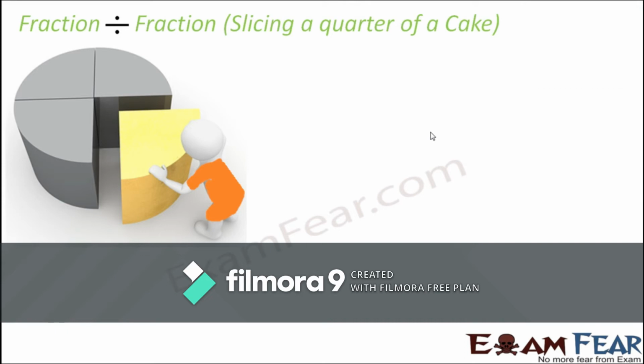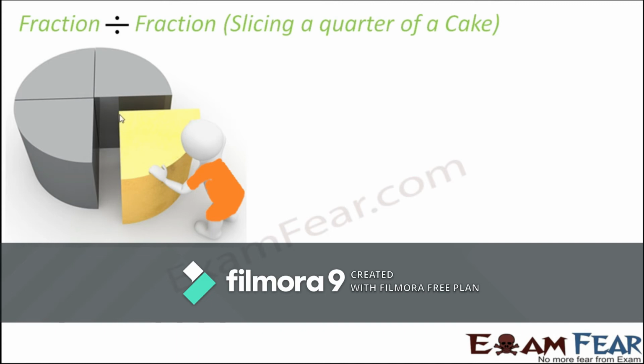Let us look at yet another example of dividing a fraction by a fraction. So let's say that this is your birthday cake. You have a big round cake and you have been asked only to cut 1/4 of the cake. That means you have full liberty to do anything that you want with this portion of the cake. You are not supposed to touch the remaining part. So you are the owner of 1/4 of the cake and you are asked to cut slices out of this 1/4 portion such that each slice is 1/8 of the cake. So basically you have to cut slices from this 1/4 part.